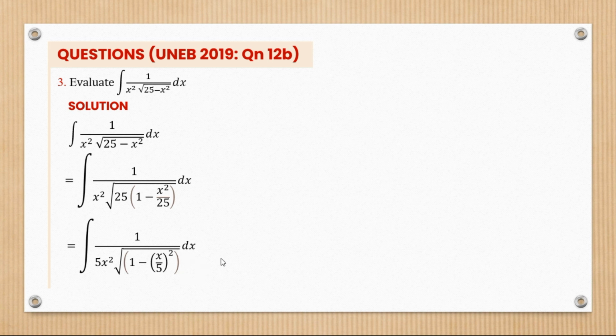Now when we have it in this format, where it is 1 minus the squares, we can introduce sine substitution. By sine substitution, we're going to let this value inside the bracket be equal to sine theta. So this is the same as 1 over 5x. So 1 over 5x shall be equal to sine theta. 1 over 5x is the same as x over 5, so it's basically the same thing. When you cross multiply, we have x being equal to 5 sine